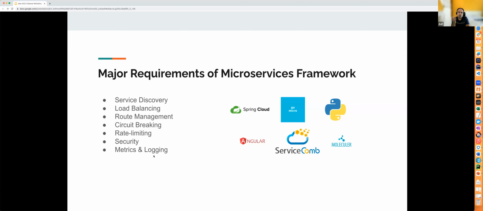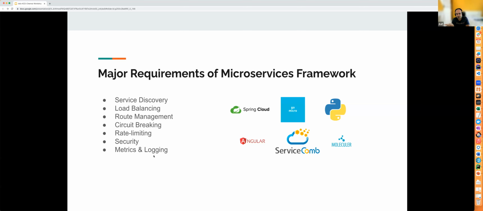So companies started writing SDKs following all of these major requirements, and they started addressing all of these. But the main problem was all of them were focused only on their technology stack. But there can be situations where in one single application, there can be 10 microservices, and all of them can be on a different stack, because that was one of the core principles when we started microservices, right? That you get an option to choose your technology stack. So that became a problem.